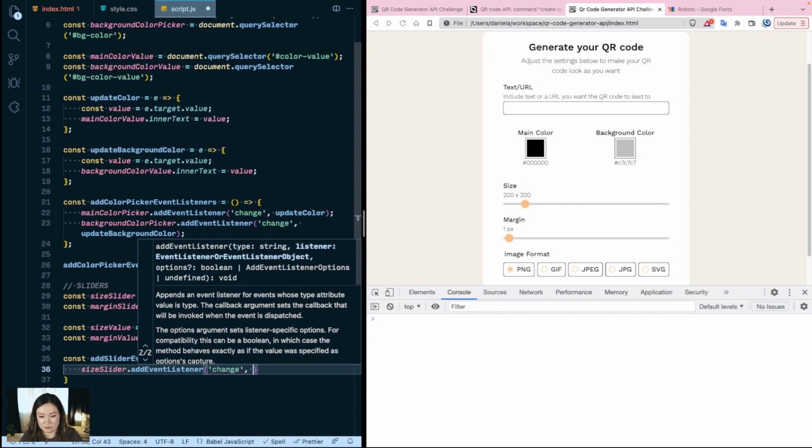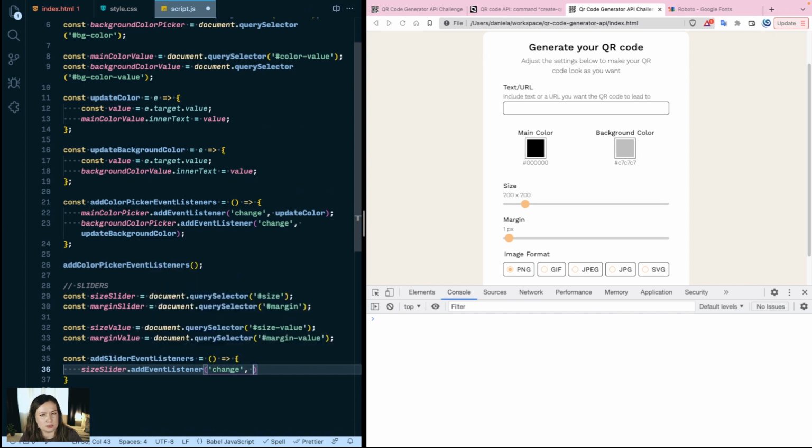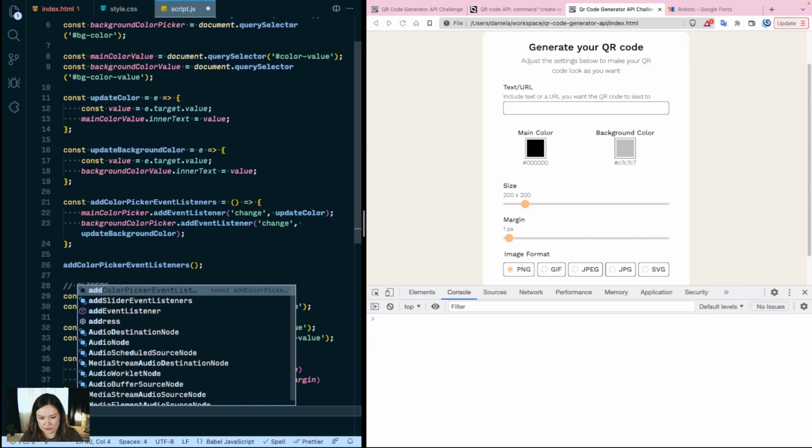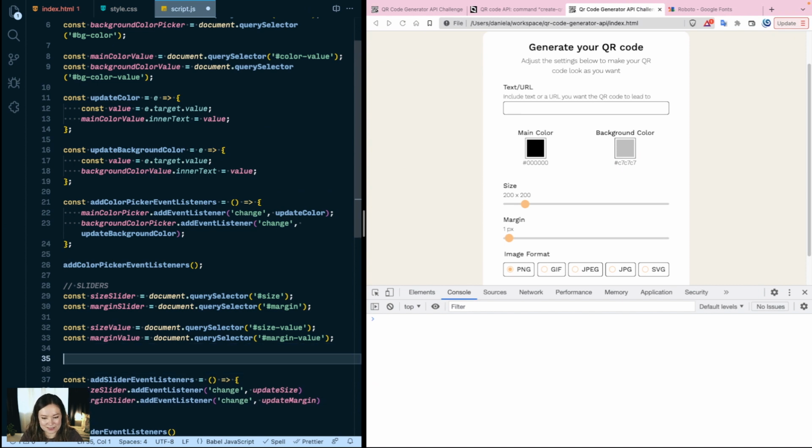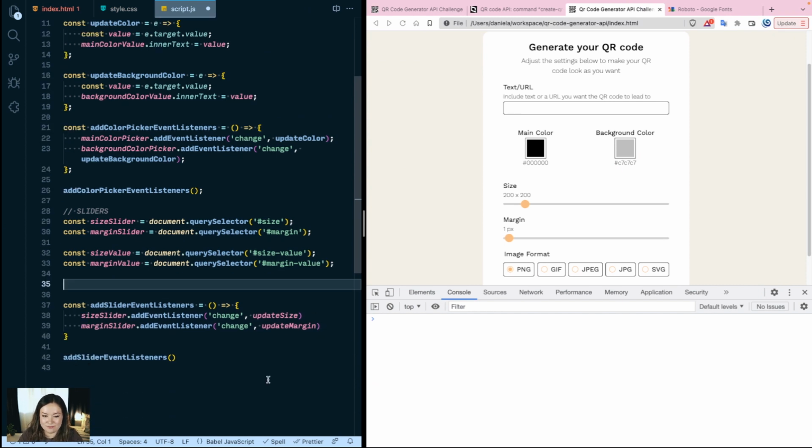So they have that in common with the color picker, at least the ones that we chose. And we're going to call update size. Same goes for margin slider, update margin, and don't forget to call the add slider event listeners, because I always do. If you have seen previous challenges that I have done,